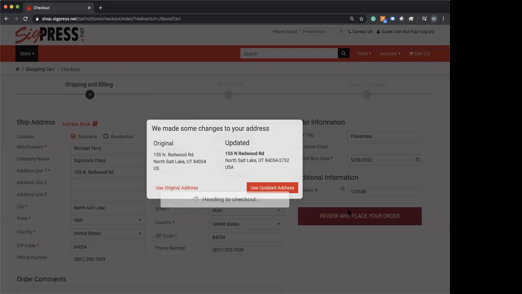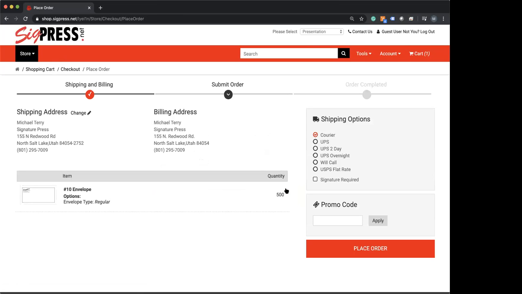I'll go ahead and review and place my order. For shipping purposes, make sure that the address is correct. We just want to make sure that we're going to be able to get it to you or to your customer. As I said before, our shipping is built into the system. The system talks to UPS, FedEx, and USPS, so we're getting real-time costs, and it's based on weight. So if I come in here